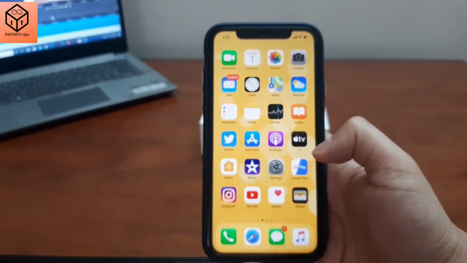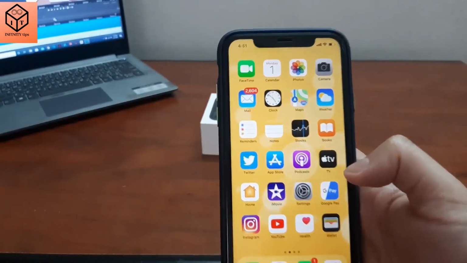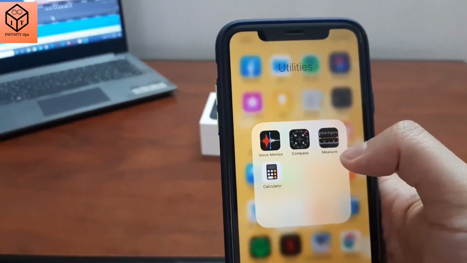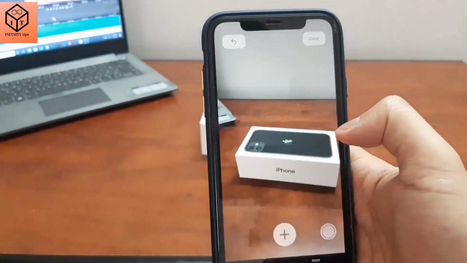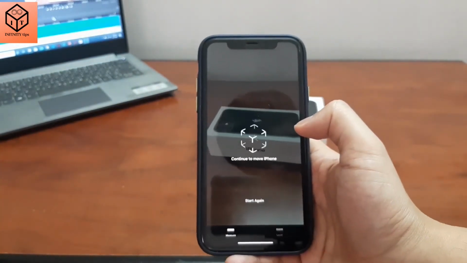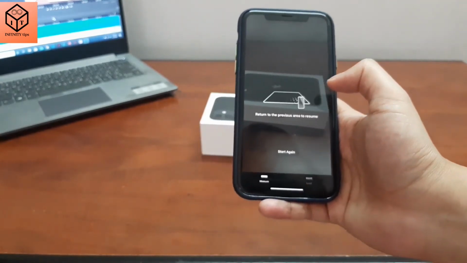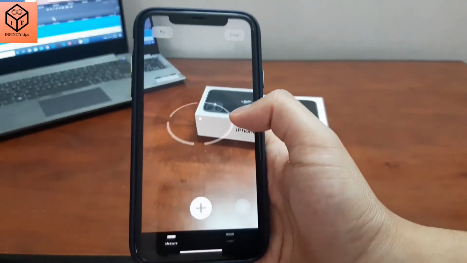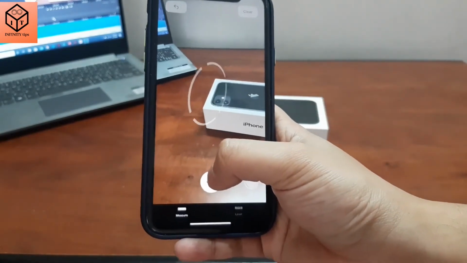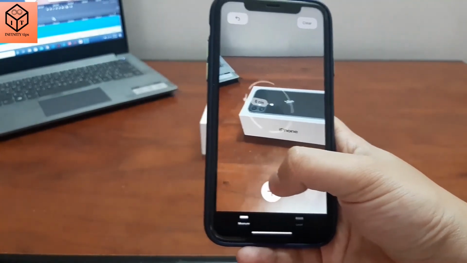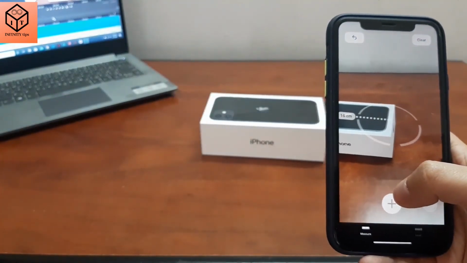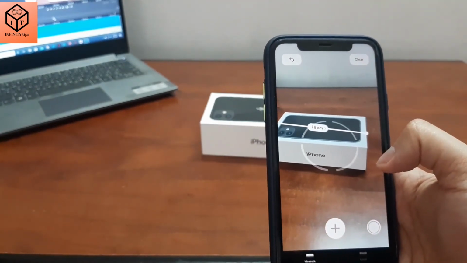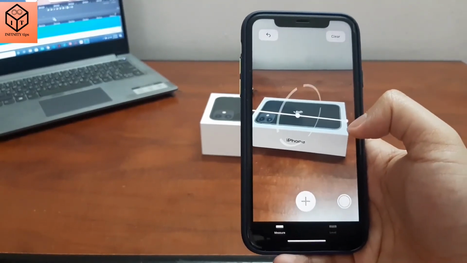Did you know that your phone can act as a measuring tape and a leveler? All you have to do is download the Measure app, which is completely free on the App Store. You can just search for it, and once you have it, you can then tap Measure and it will ask you to add your first point. So tap on it. When you have your first point of sight, then you can drag it all the way across to the next point, which is what you want to measure. And then it will give you a very accurate measurement in centimeters.